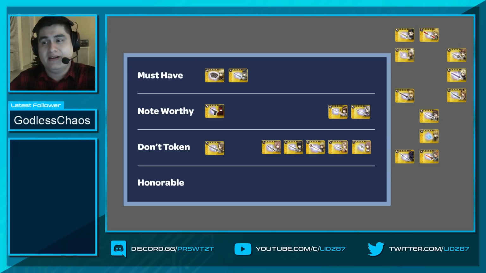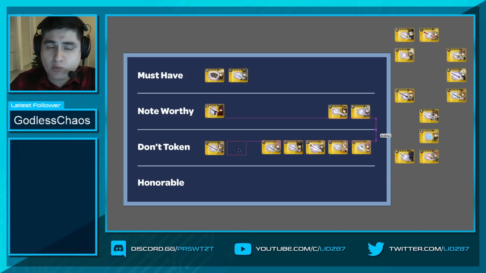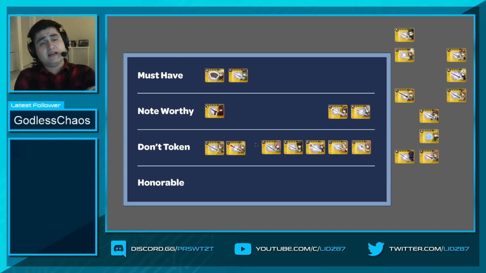See what you get. All right, friends. Now, Zidane, there's a lot of like don't tokens. Zidane, I would say don't token because we're gonna have to wait quite a while for his EX Plus, but he comes out with a character named, hopefully I'm pronouncing it correctly,